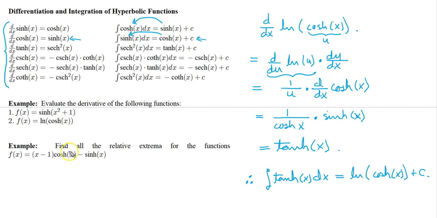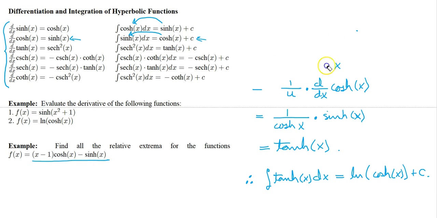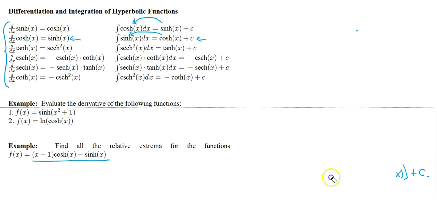Let's take a look at this one. Let's find all the relative extrema for this function: x minus 1 times cosh minus the sinh of x. So we want to find where this function has all relative extrema. To find relative extrema, remember what we need to do is take the first derivative and set it equal to 0, or find where it's equal to 0 or it does not exist. So taking the first derivative here,